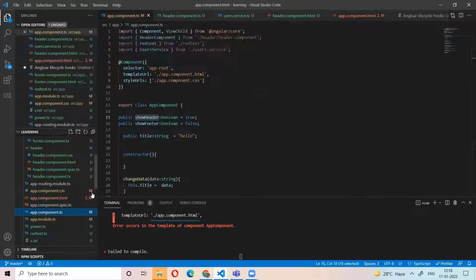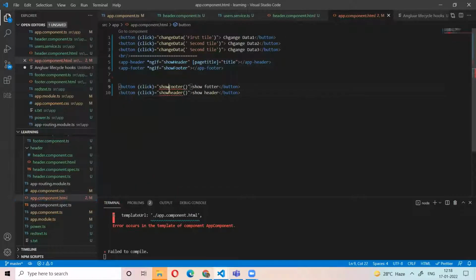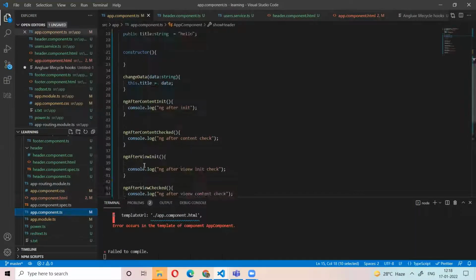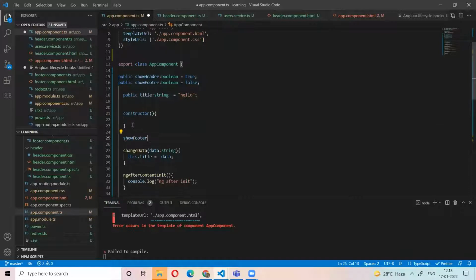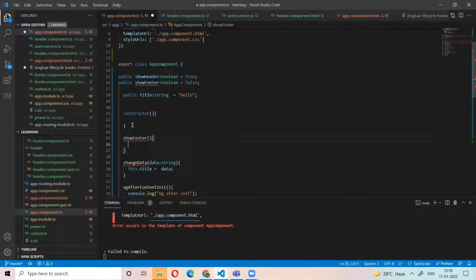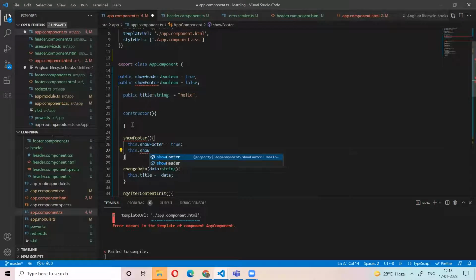Now I create the methods here. So when I call the change to show footer, I will make showFooter true, and I am making showHeader false.